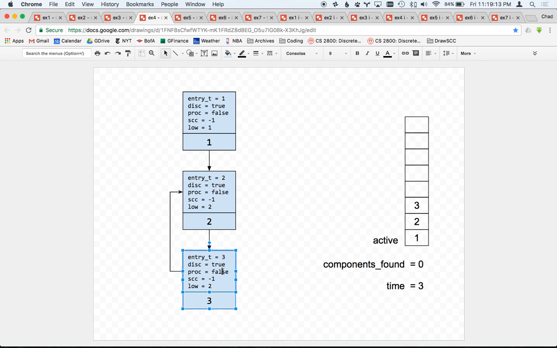We mark it as processed. And we don't pop vertex 3 off the active stack yet because we still haven't found the strongly connected component in which vertex 3 resides. We return to vertex 2, we were processing its edges, we finished processing all of its edges now because there was only one. Then we're going to process vertex 2 late. We check to see whether low of vertex 2 is equal to 2 itself, and it is,